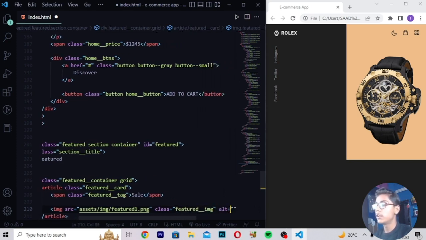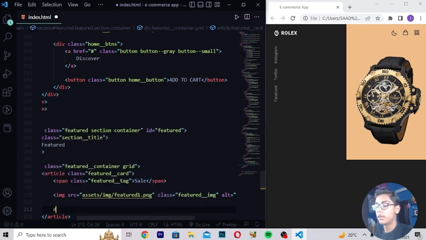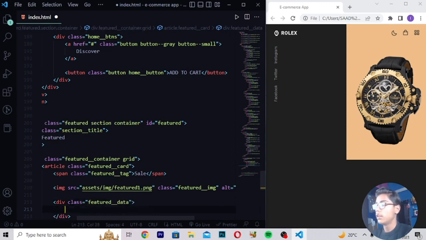Then when you've written this, here I will move down, write div class featured data. Then after writing this, you have to write h3 class featured title. Then when you've written this, write jazz master.